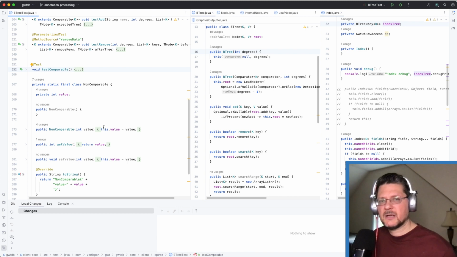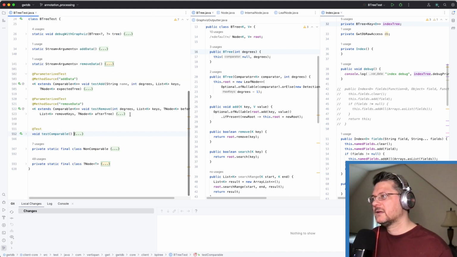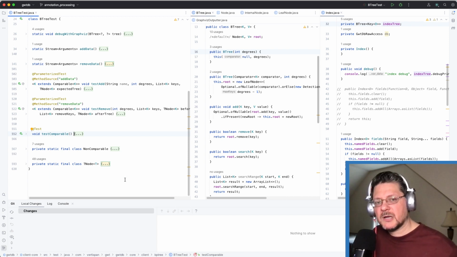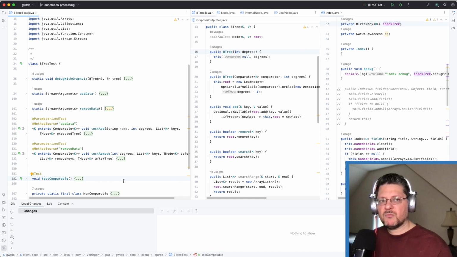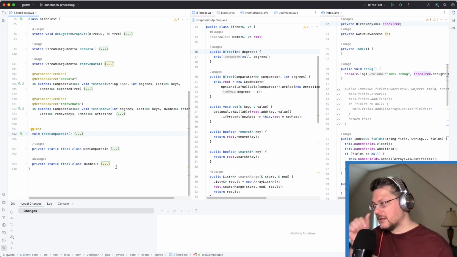So that's pretty nice. It will increase our chances of being able to do really cool things on this because we're not bound to any type that implements a comparable. We won't have to, for example, wrap all of our types in case you don't have access to the source code of the beans that you're storing. You don't have to actually wrap them just to implement the comparable interface. So let's